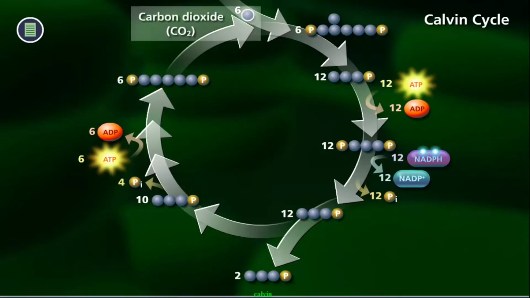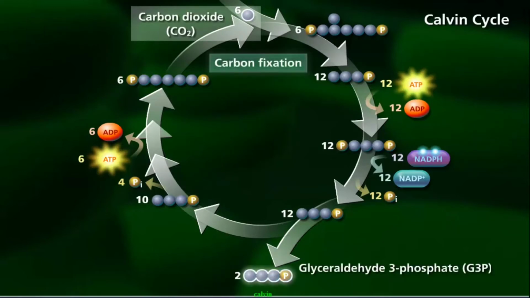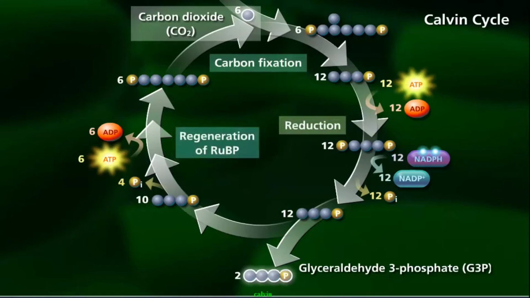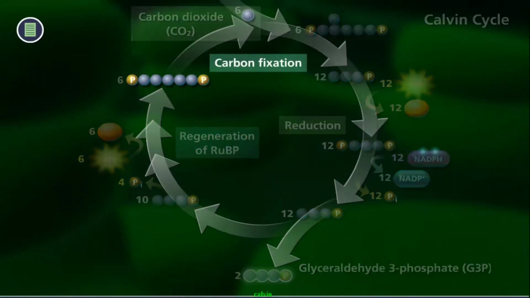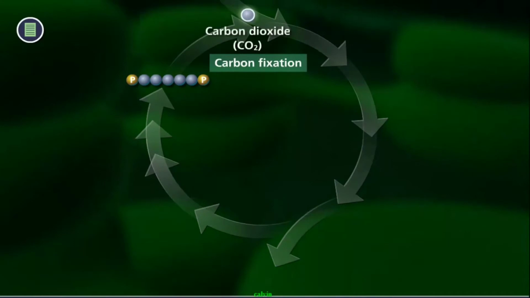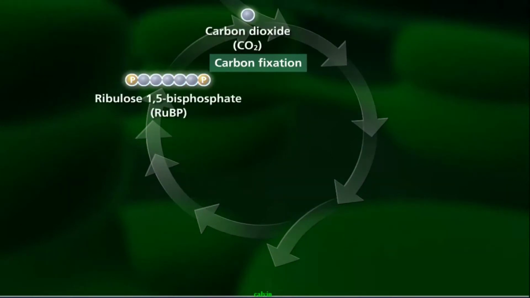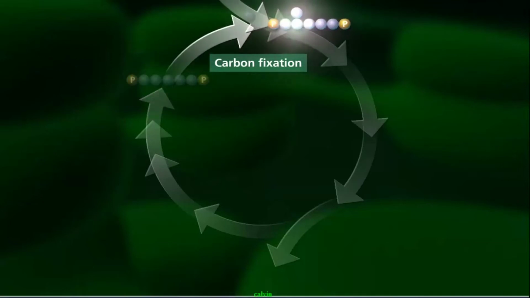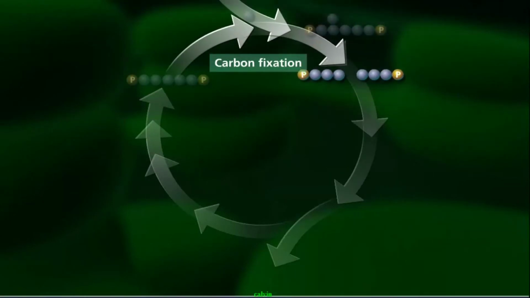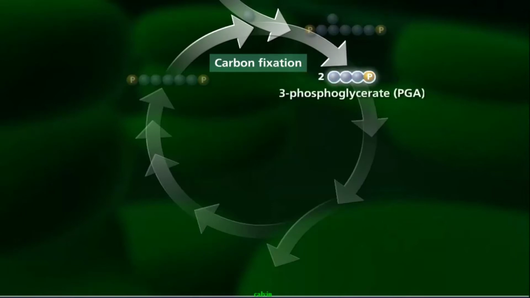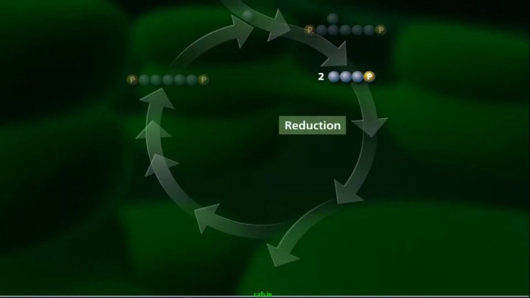Then during the dark phase, the C3 cycle starts, known as the Calvin cycle, in which carbon dioxide comes and binds to the 5-carbon containing molecule RuBP. That first step is known as carbon fixation, in which CO2 binds with RuBP, after which it forms a 6-carbon structure which splits into two 3-carbon containing structures, after which it reduces and forms